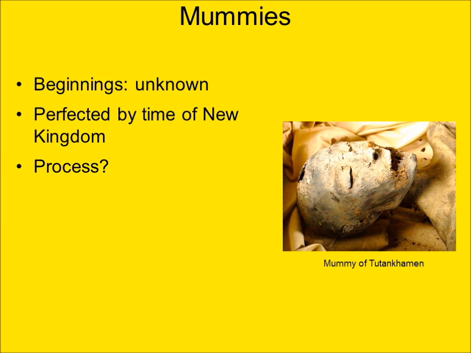was widely in practice. Embalmers would use salts, particularly a salt called natron, N-A-T-R-O-N, to remove moisture from the body. Once the body was dried, mummies would be anointed with oil and perfumes. Natron dries the body up much faster than any other substance, including sand, leading to very good preservation.